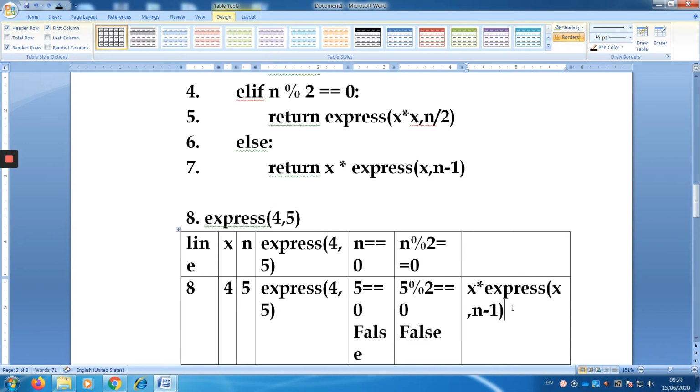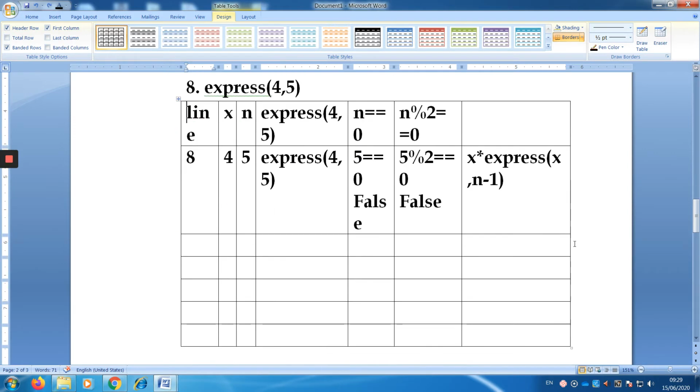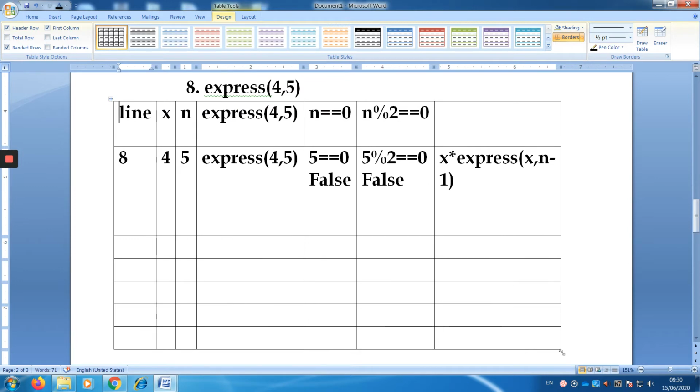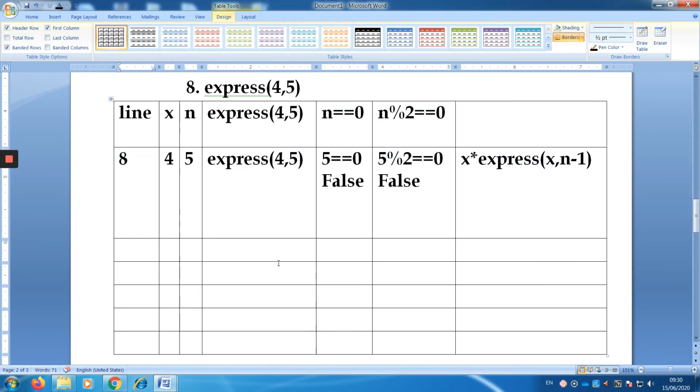I'm trying to enlarge the screen so that you will have a clear view of it.